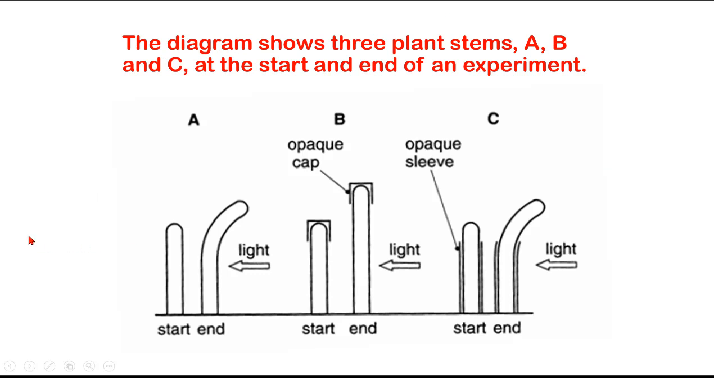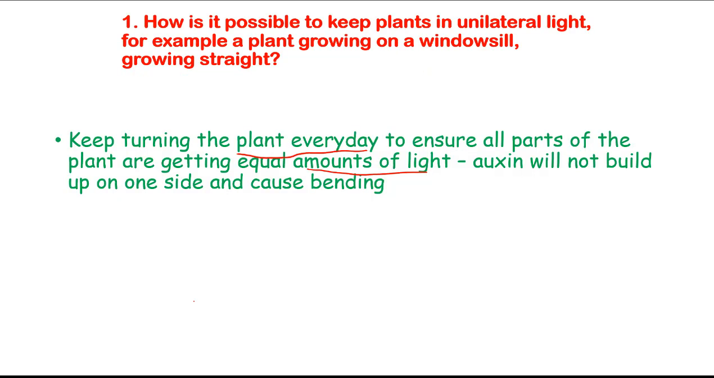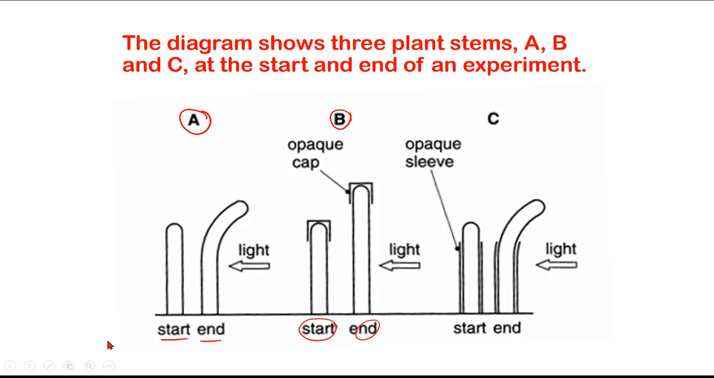Now, this next question is fairly typical of a GCSE question. We've got 3 plant stems, A, B and C, at the start and the end of an experiment. So here's the start, and here's the end of A, the start and the end of B, and the start and the end of C. Now, in this one we can see at the start there's no covering, so the shoot grows up and towards the light. At B, it's got a little hat on, so it just goes up, but it doesn't